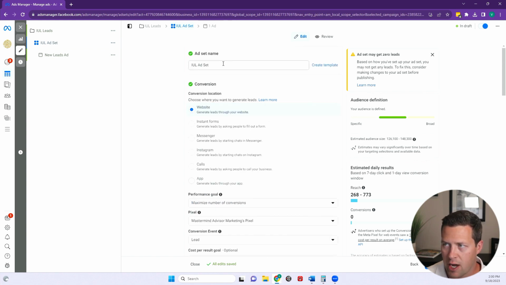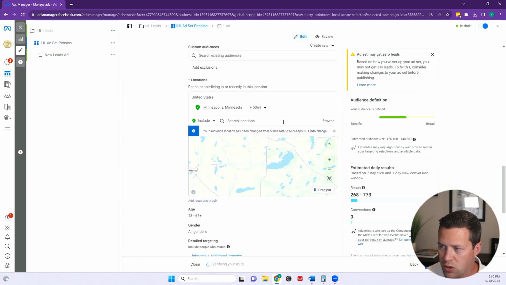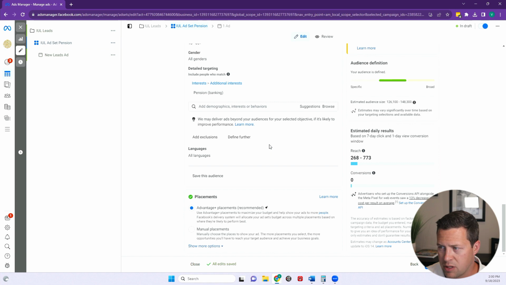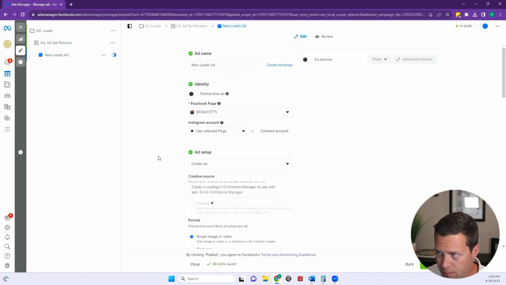So for right now, I'm going to call this one IUL ad set with pension. I just came to the top here and added that in there. As far as the rest goes, placements, we leave pretty much everything else alone, so we don't have to do much there. Next part, we'll go into